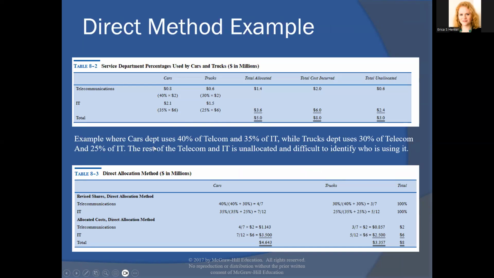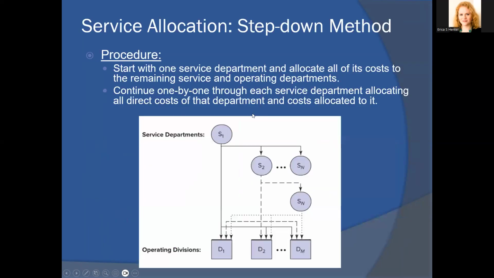And there is an example where they allocate out telecom and IT here in the text that I'm not going to walk through, because basically our examples that we've been doing in class have been pretty much using the direct method. Now, there's another method called the step down method, where one of the departments basically allocates